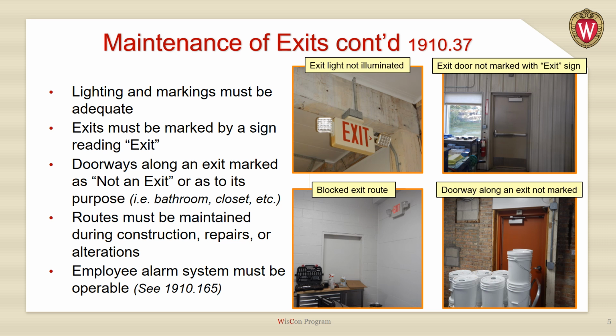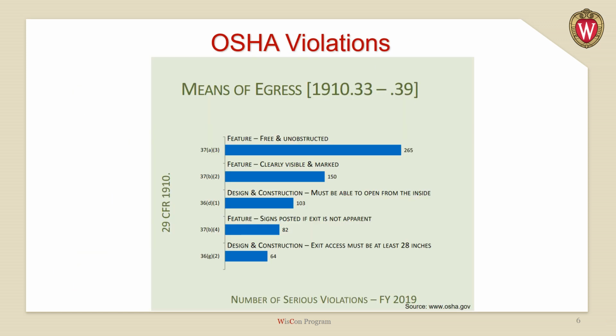Employees must not occupy space until exit routes are complete, available, and ready for use, or until an alternate fire protection is provided that has an equivalent level of safety. Lastly, employers must install and maintain an operable employee alarm system that has a distinctive signal to warn employees of fire or other emergencies. This graphic shows the top 5 most cited standards in Subpart E for fiscal year 2019,